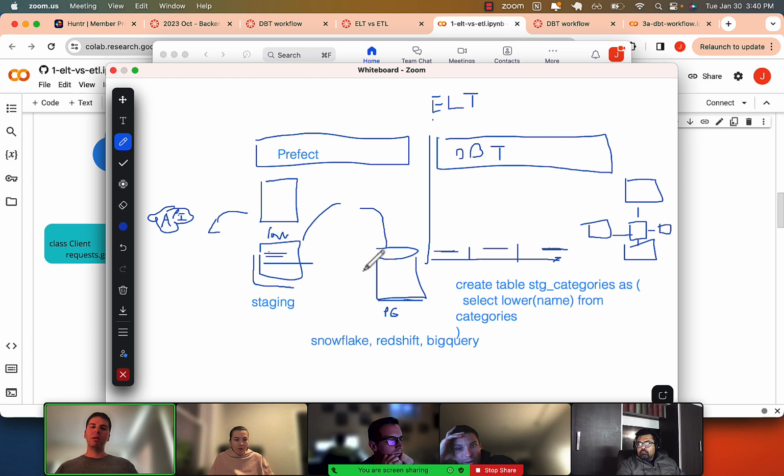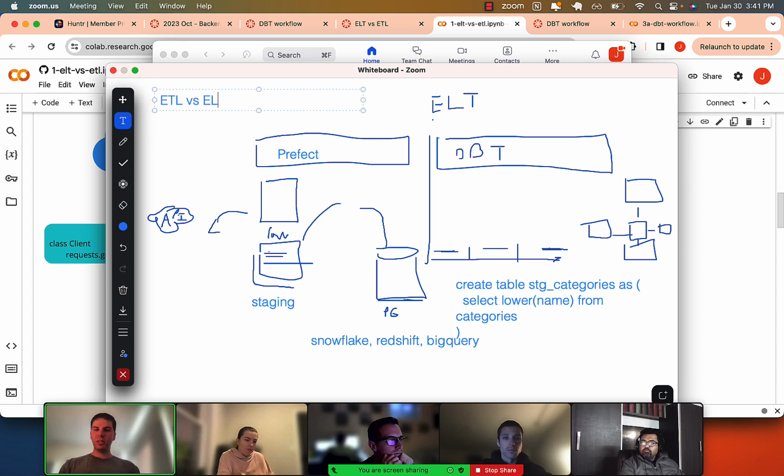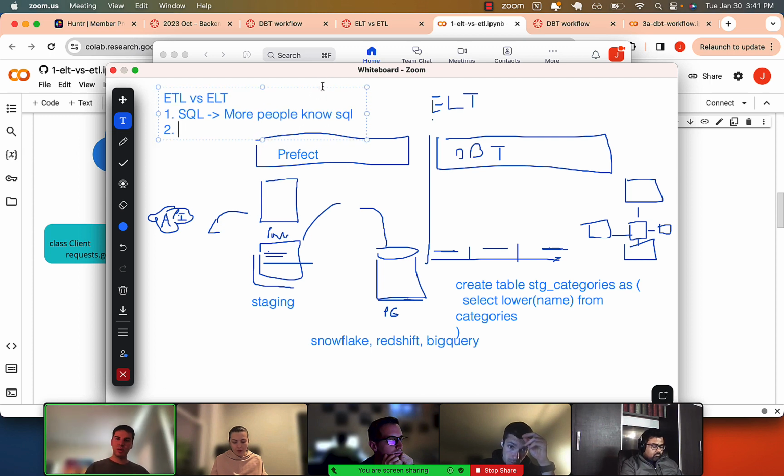So it depends on the team, but this is becoming more and more popular, right? This ELT pattern. Why is it more popular? So if we're going to compare ETL versus ELT, one reason is all of this is in SQL, and more people know SQL. Data analysts know SQL. Some product analysts might know some SQL, right? That's helpful. If more people know SQL, and it's hard to navigate a Python code base for a lot of individuals,